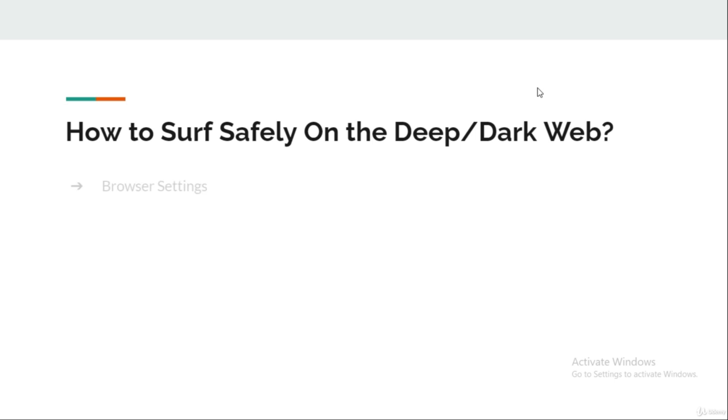So let's discuss them. Browser settings. Actually, the Tor browser has quite a strong security feature. So the first layer of security is always the Tor browser. We deeply discussed the Tor security settings and installing Tor previously in this course. You need to block any type of script, maybe Java or JavaScript, because they play a key role in interaction between the device and the website.